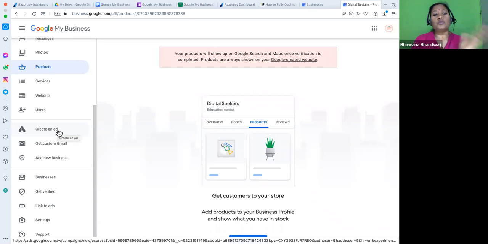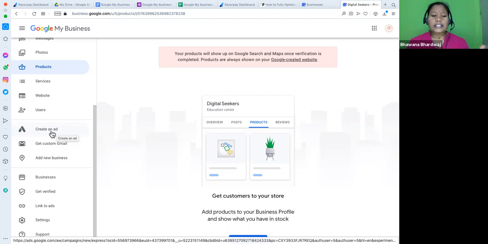But when you are using Google Ads, that is the expert mode. So there you require at least 2 hours of dedicated time on Google advertisement. So you can decide whether you can devote 2 hours. If you have 2 hours to manage your advertisement, go and create your advertisement using Google Ads, the expert mode advertisement. If you have anything less than 2 hours, manage your advertisement using this, right?